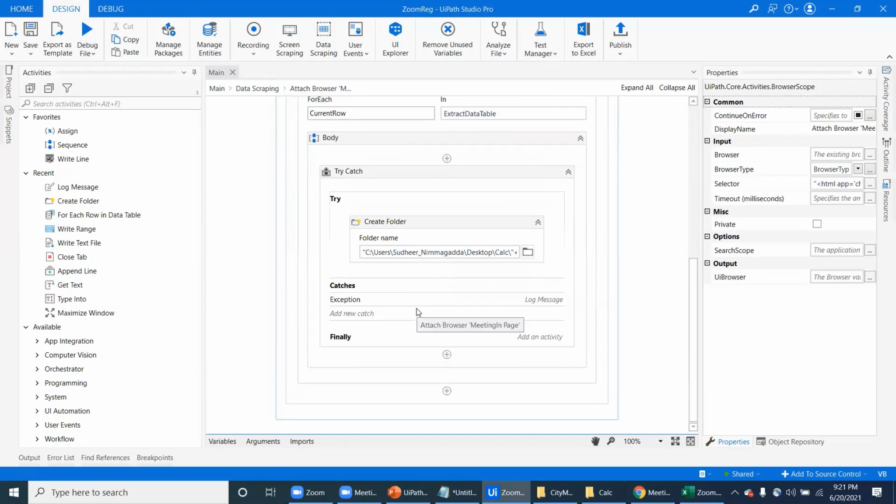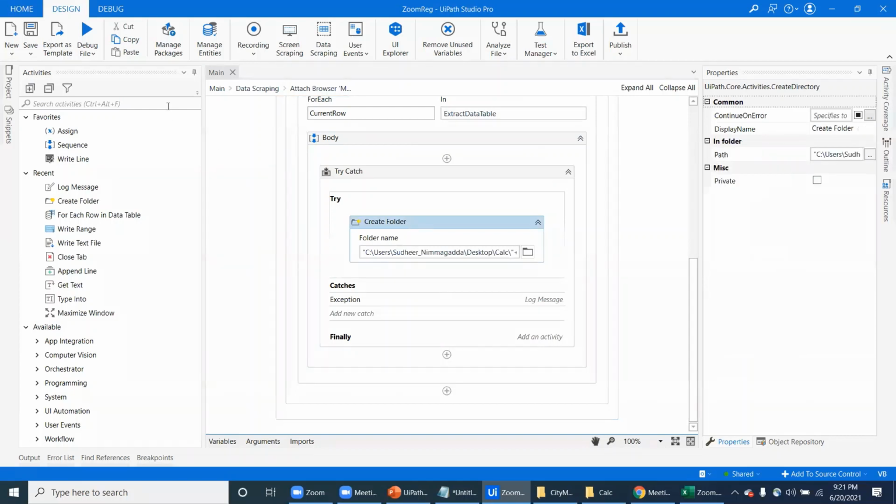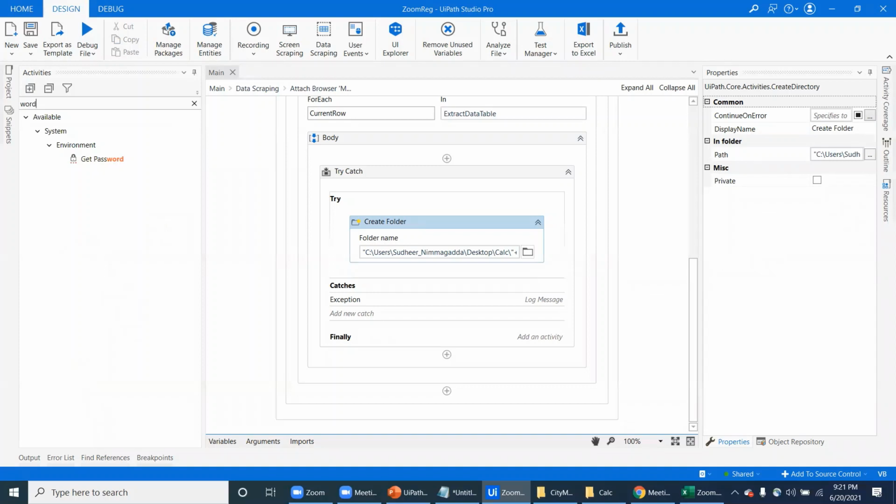Yeah, Tara. Okay, now once we create a folder, the Word documents, so we interact with MS Word, right? If you type it, by default many activities will come. So just tell me,